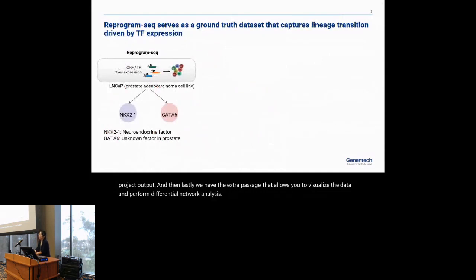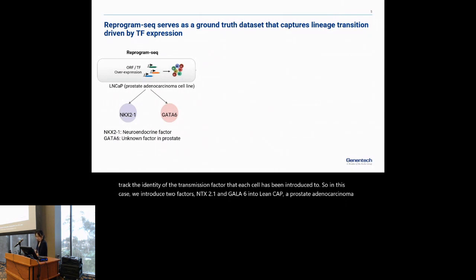So now we proceeded to generate our own ground truth data, and we use this technique called reprogram-seq, which allows us to introduce defined transcription factors into cells and then track the identity of the transcription factor that each cell has been introduced to. So in this case, we introduced 2 factors, NKX2-1 and GATA6, into LNCaP, a prostate